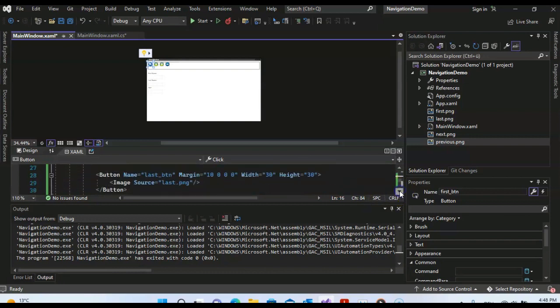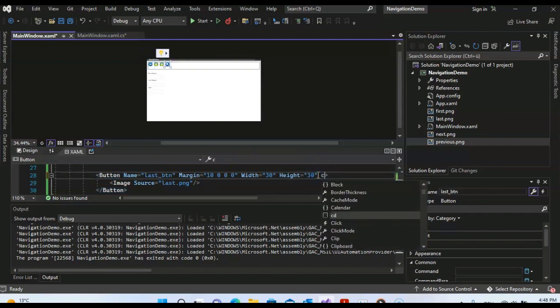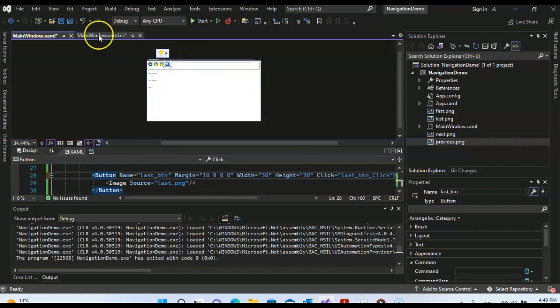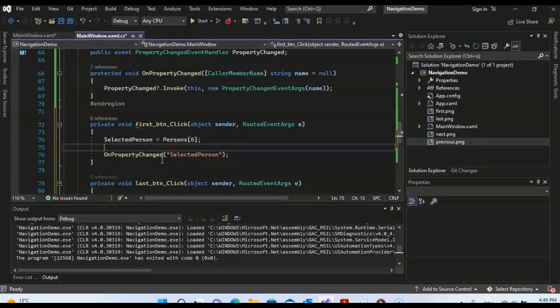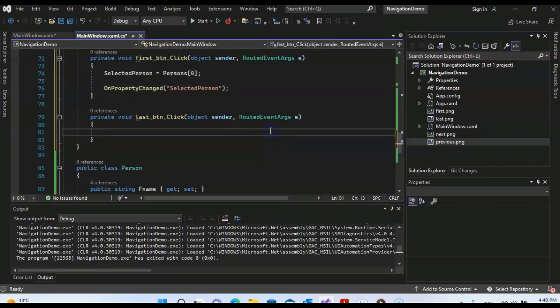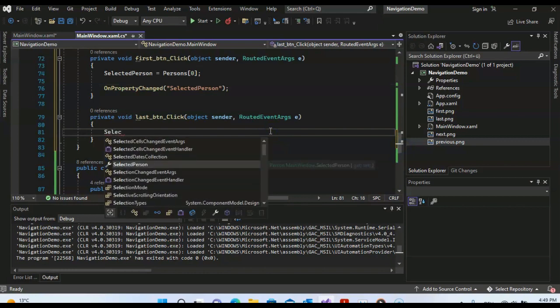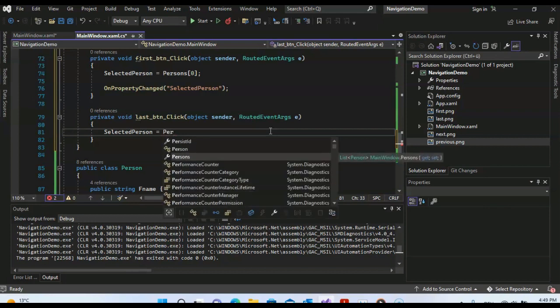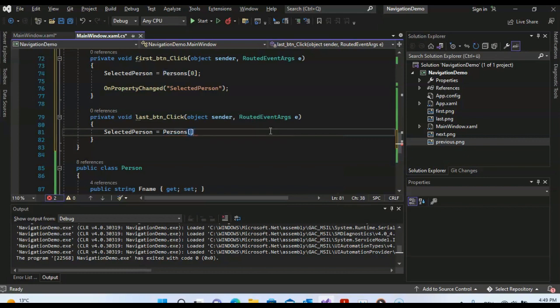Now we will go for the last button, and again the click function. We know we have only 4 items in the selected person list, we inserted here 4 items, so we know that our last will be 3. Okay guys,